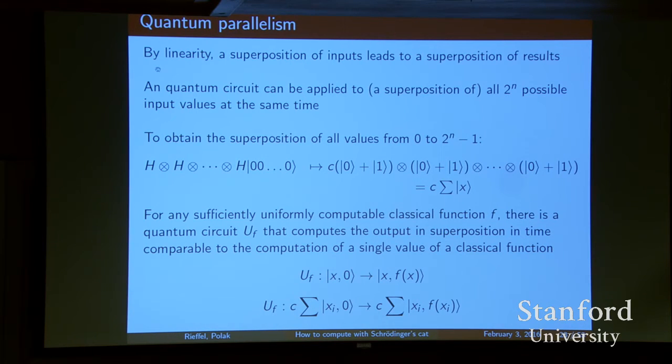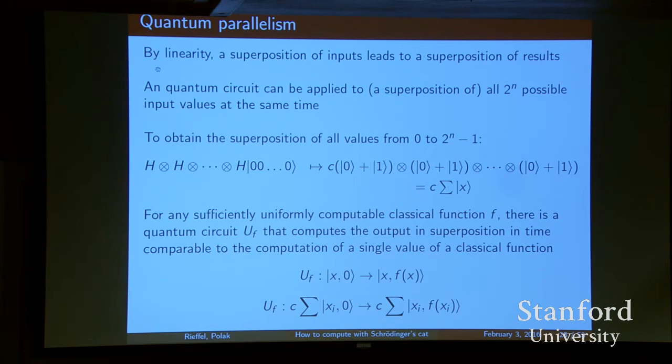If we have a superposition of many classical inputs or basis vectors representing classical values, and we apply a quantum transformation to this superposition state, what will happen is we effectively perform the computation on each basis vector, or on the classical value represented by each basis vector. To show this, we can construct an equal superposition of all possible values, and I told you earlier that the H will do that for us.